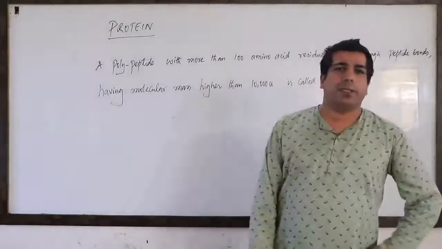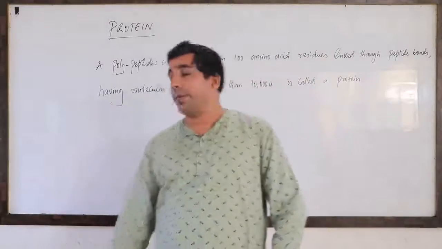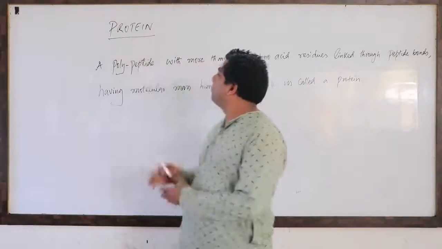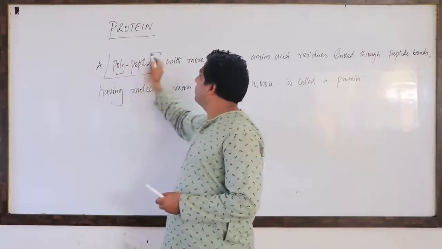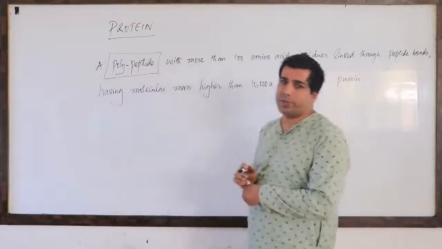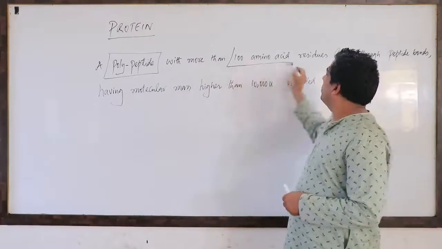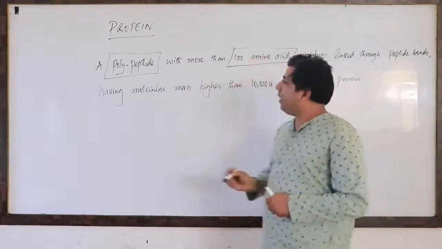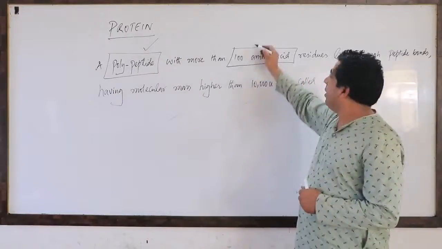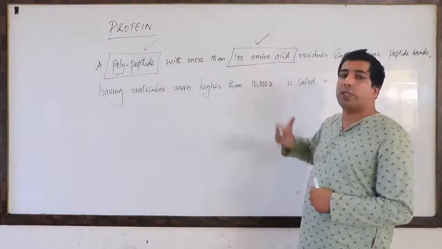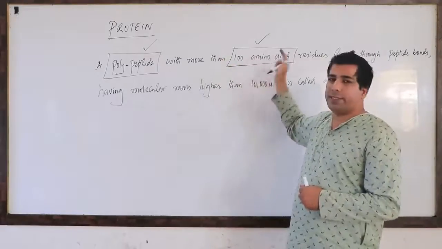So my dear friends, let us talk about proteins now. What is a protein actually? My dear friends, a protein is basically a polypeptide. But there is a condition: it has more than 100 amino acids. How many amino acids should there be? There should be 100 amino acids or more than that. You should have more than 100 amino acids